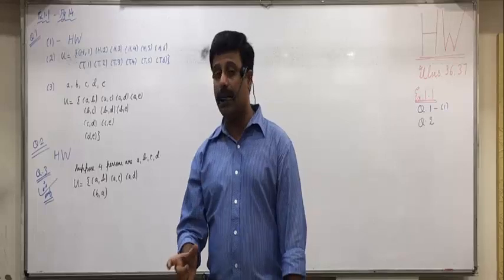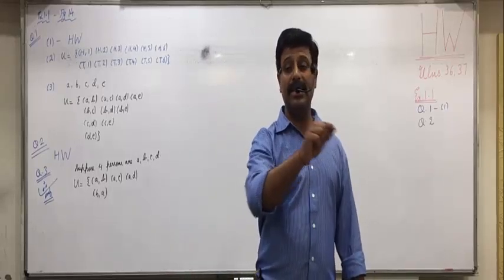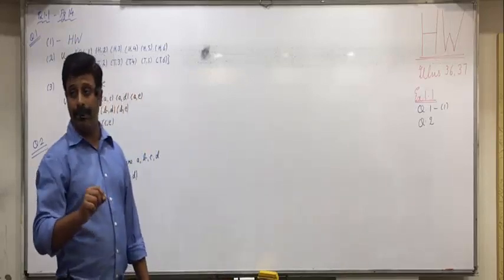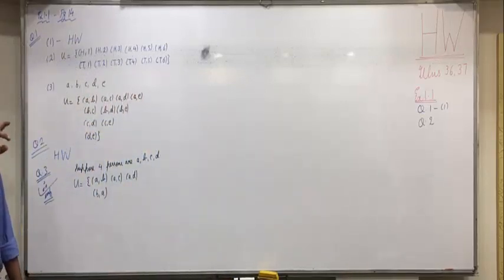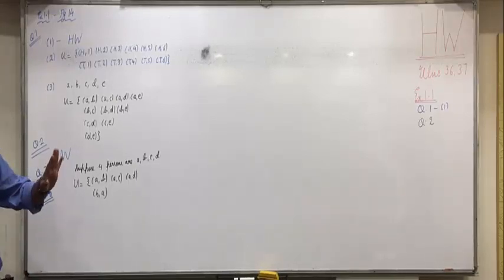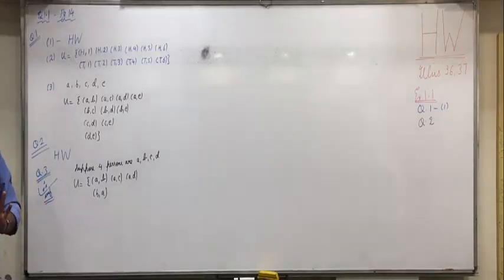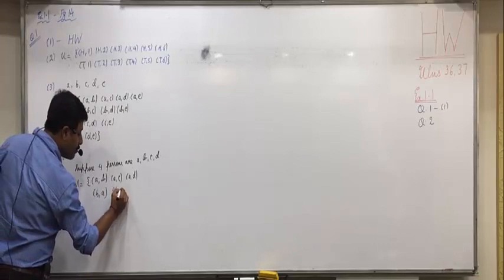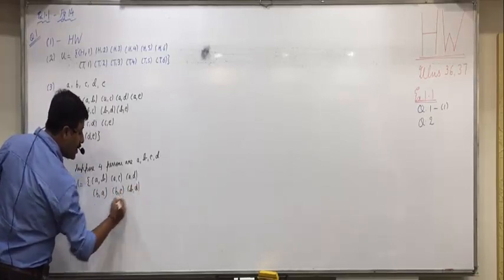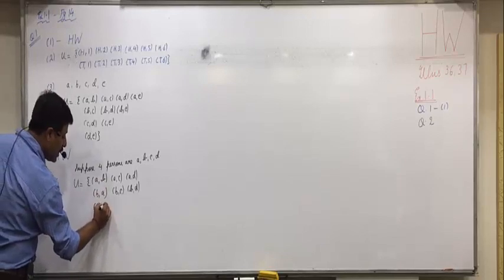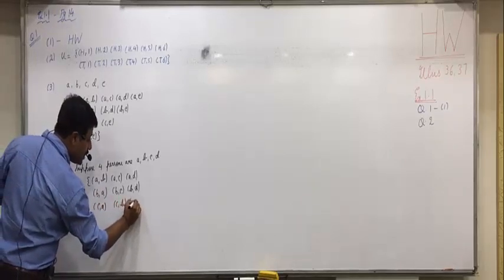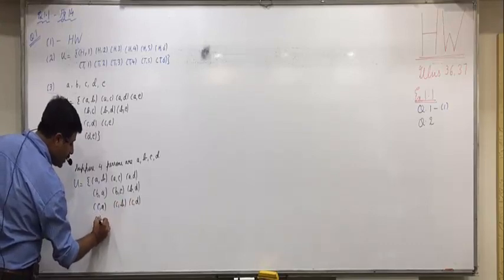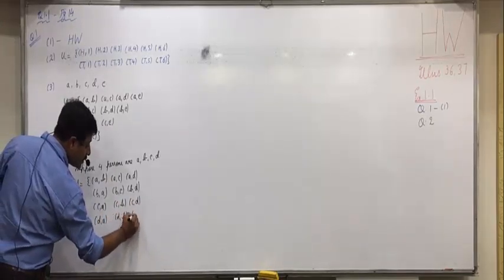But here the additional condition is for the post of minister and deputy minister. So AB and BA are different. Because in the AB selection, A is minister, B is deputy, and in the BA selection, B is minister, A is deputy. So here you go backward and forward. BB is not possible. B cannot be minister as well as deputy. So what will be the next outcome? BC, BD. Then same way starting with C: CA, CB, CD. Starting with D: DA, DB, DC.